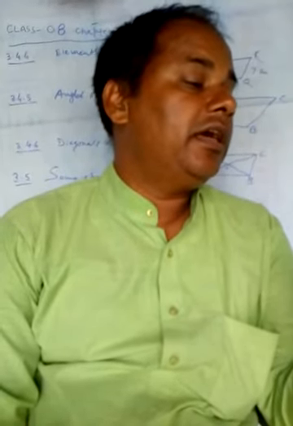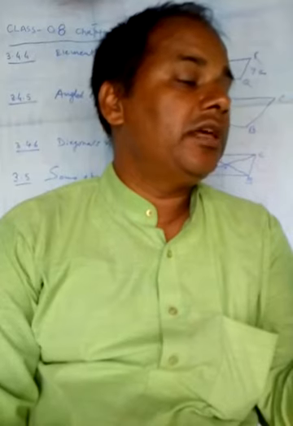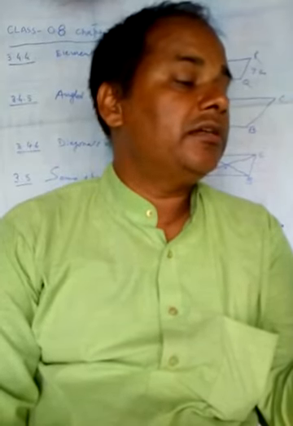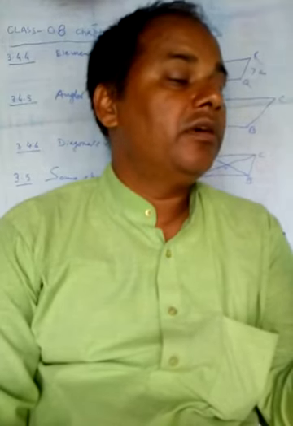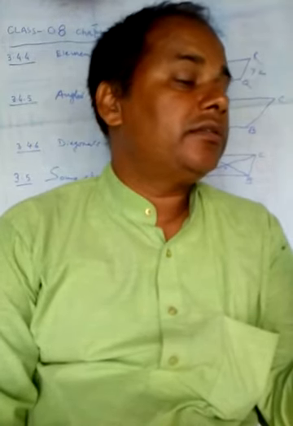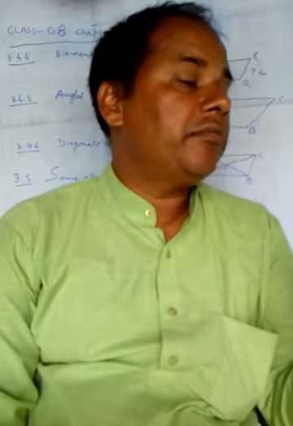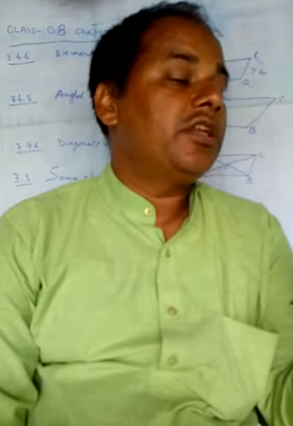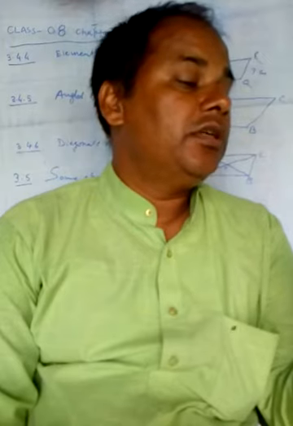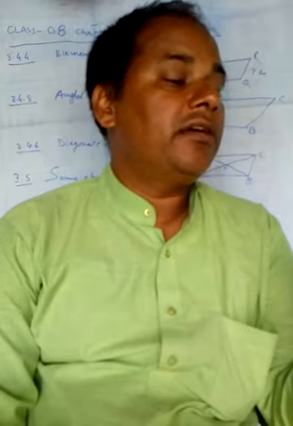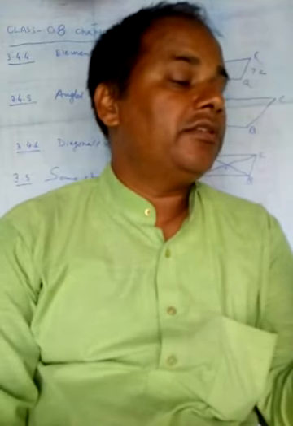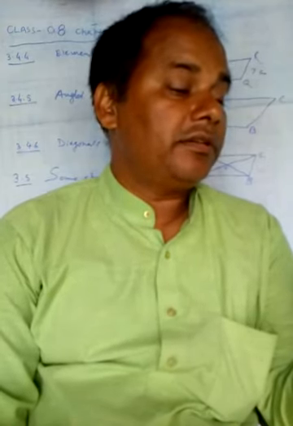Place A dash B dash C dash D dash on ABCD. Pin them together at the point where the diagonals meet. Rotate the transparent sheet by 180 degree. The parallelograms still coincide, but you now find A dash lies exactly on C and vice versa. Similarly, B dash lies on D and vice versa.